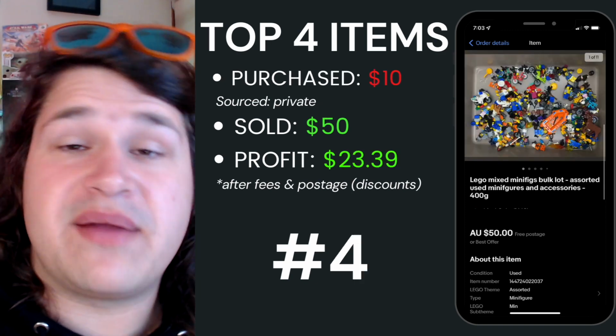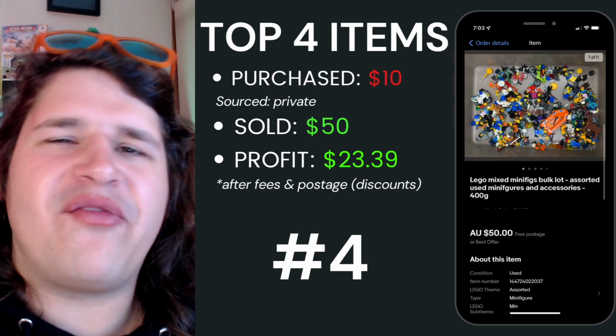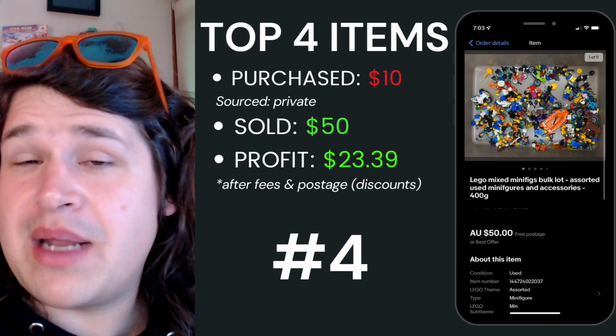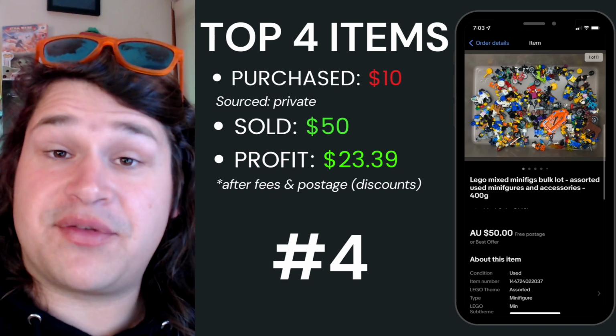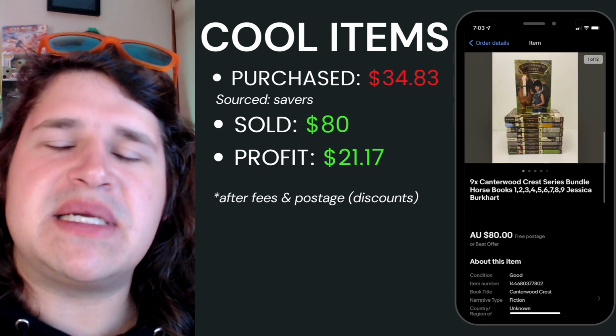And the fourth top item for this week was this Lego Mix Minifigs bulk lot. There was probably about 400 grams here. Actually, there was 400 grams here. I paid about $10 for this, and I've been able to sell it for $50 and walked away with $23.39 after fees and postage. Now, the item that I want to take you through in a bit more detail today